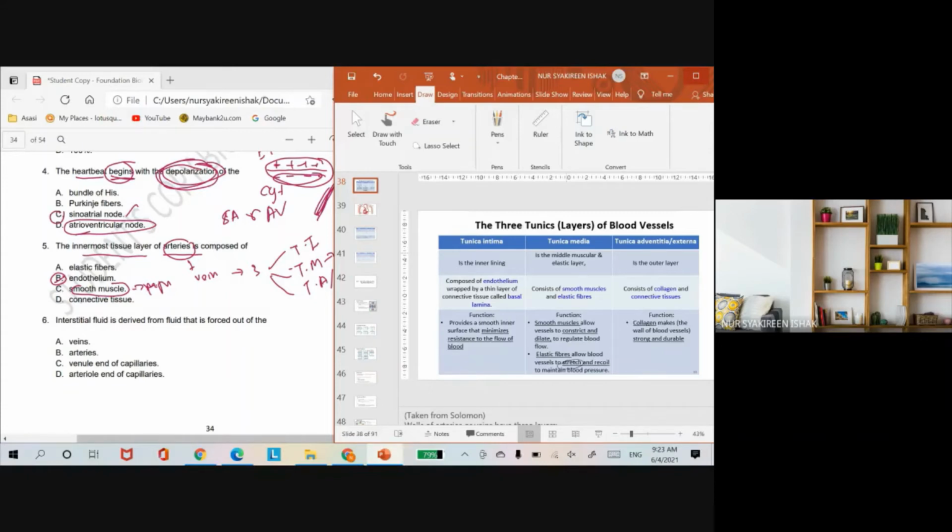Okay, when the heart is contracting, especially the ventricle, it causes the blood vessels, the arteries, to stretch, and then when the ventricle relaxes, it causes the blood vessels to recoil. Okay, so this is actually what? This is your pulse. That is how pulse is produced, by the stretching and recoiling of the arteries.